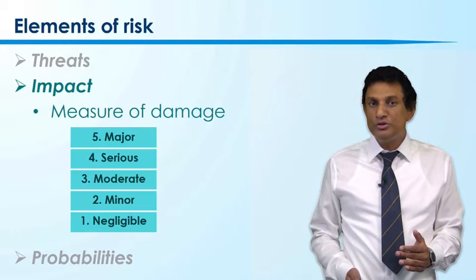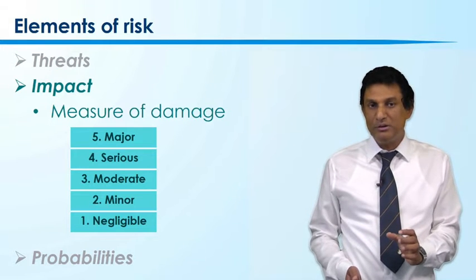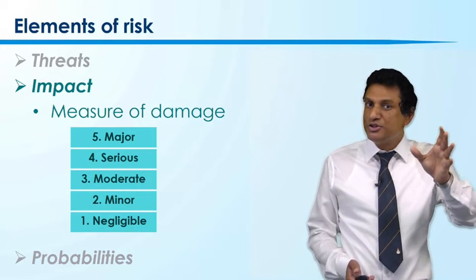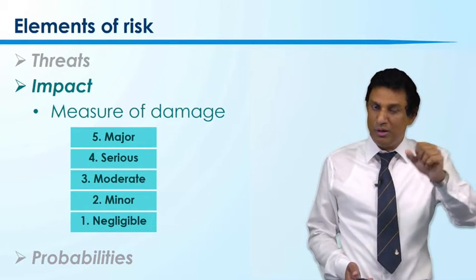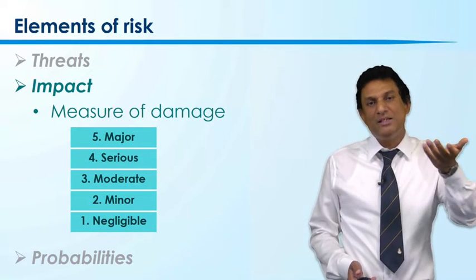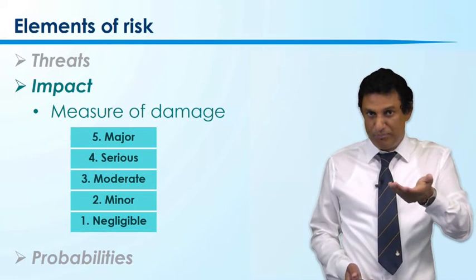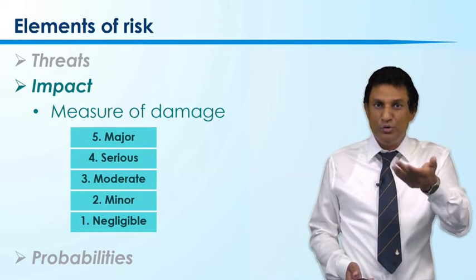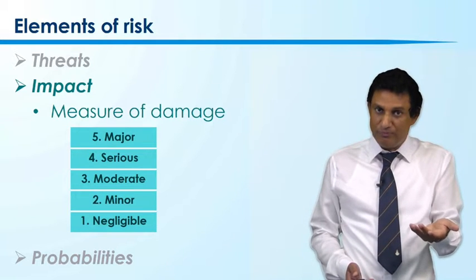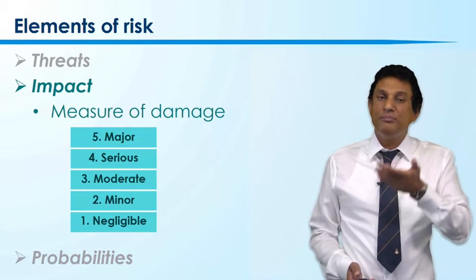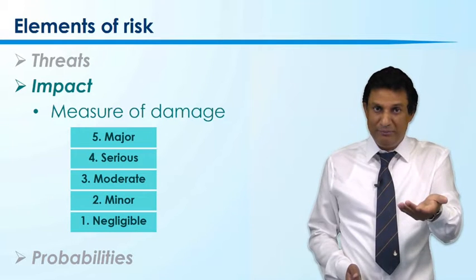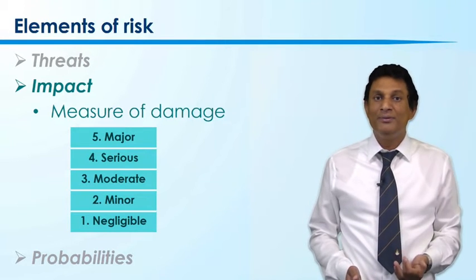Now we are moving to the next element of risk, which is the impact. Impact means trying to measure the damage due to the threat you face. When we measure it, sometimes we can easily measure in terms of dollars. For example, because of the threat you lost your business, and you see how much dollar amount you lost. Because of an earthquake, you have to rebuild your entire premises, so you know how much the renovation of your buildings would cost.